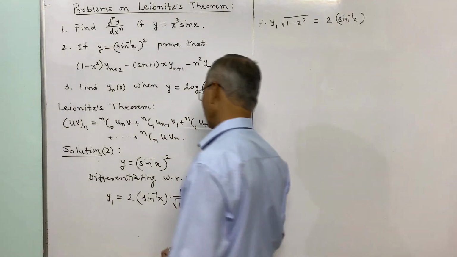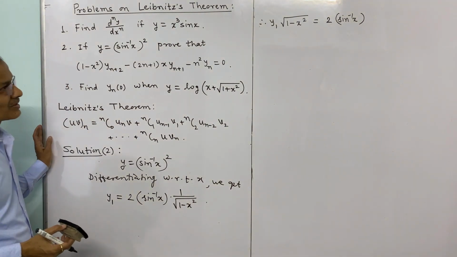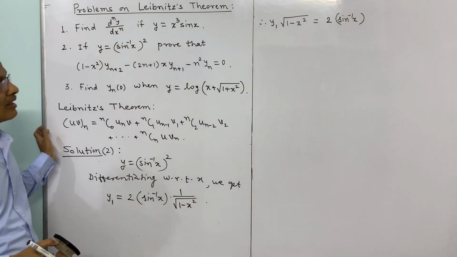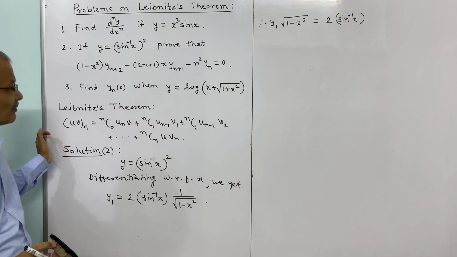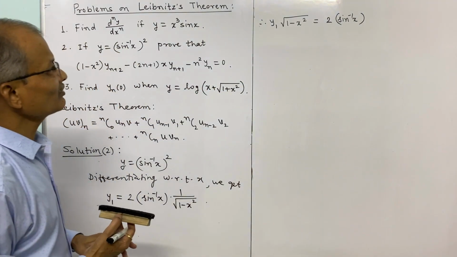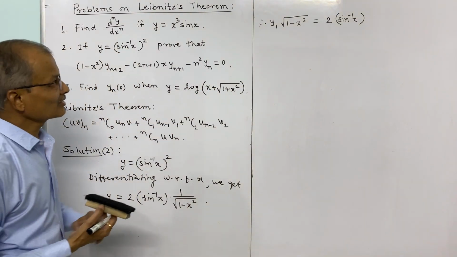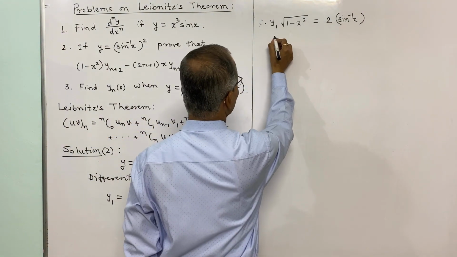So this is what we have obtained. Now we have to differentiate this again one more time, and before that you may see, while differentiating this as it is, it will be better to square this first, to avoid this under root sign. Squaring both sides, we get